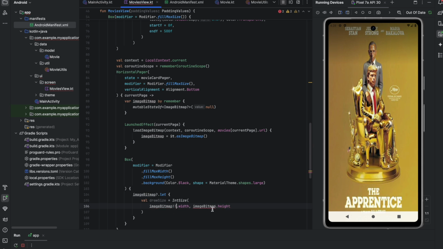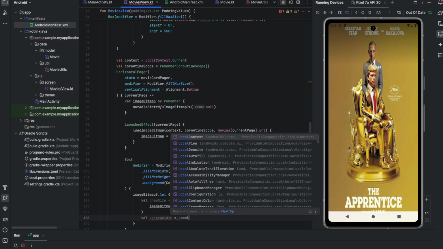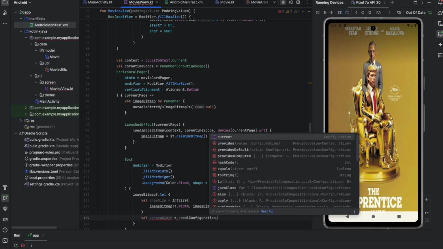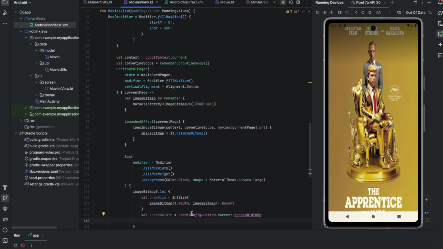Okay, yeah, so we now have the draw size. Now the screen width, LocalConfiguration.current.screenWidthDp, and yeah, with this we now have